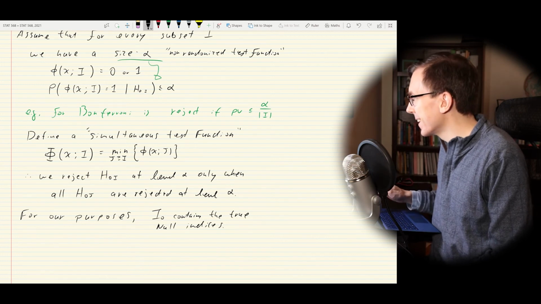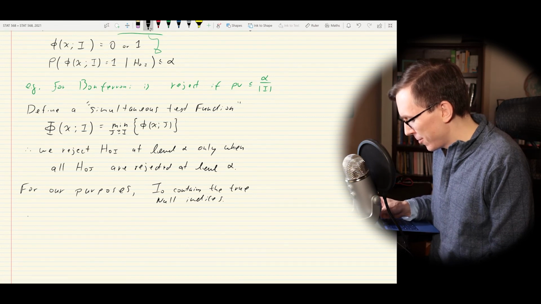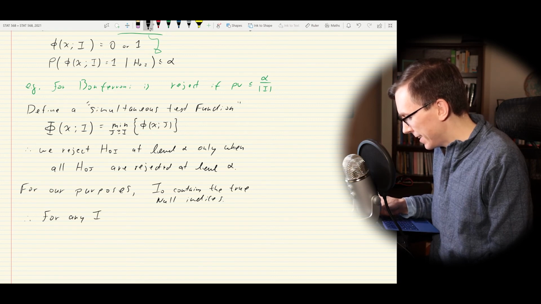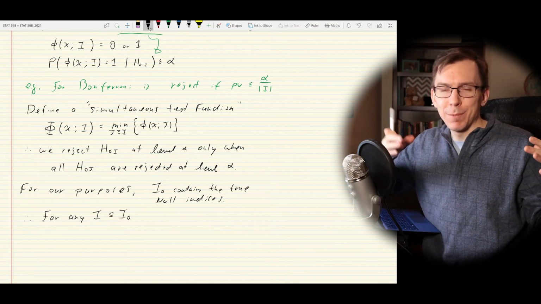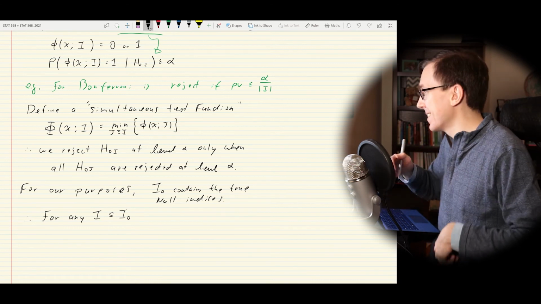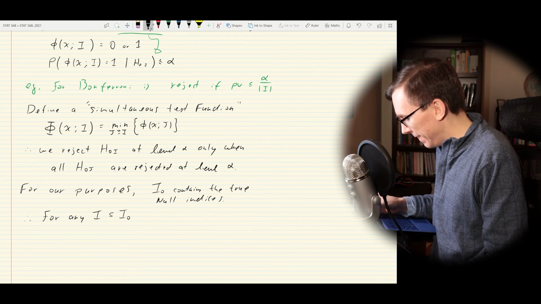I guess it's the same thing. So therefore, for any I that is contained in I naught, which means that now I, no subscript, is going to contain only true null hypotheses, then